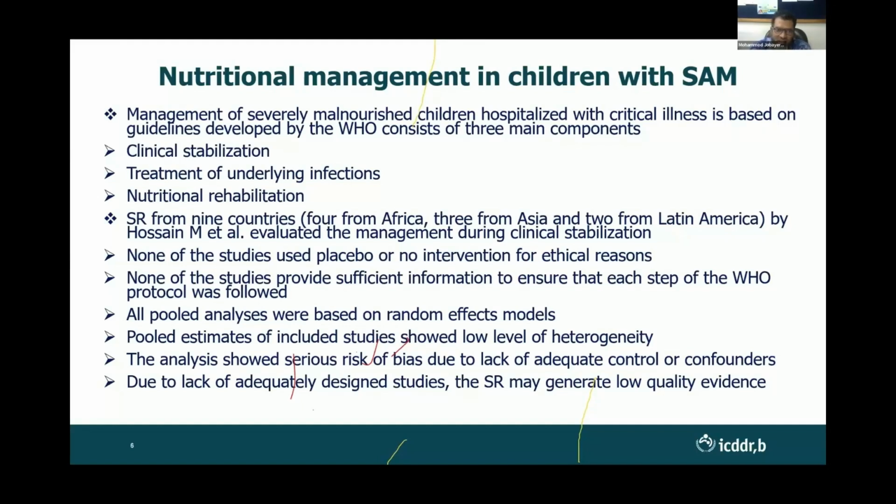There is actually a historical control group, and none of the studies provide sufficient information on whether they scrupulously adhered to the WHO guideline in each step of the dietary management. And all the pooled analyses were based on a random effects model. That study showed a very low level of heterogeneity. And the analysis showed serious risk of bias due to lack of adequate control of confounders. And due to lack of adequately designed studies, this systematic review actually provided very low quality evidence. But still,